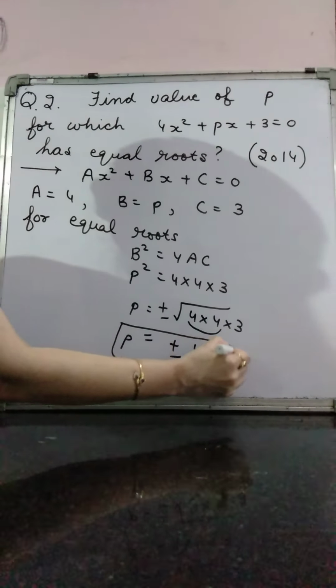On comparing this equation with quadratic equation ax square plus bx plus c is equal to 0, we get the value of a is 9, value of b 3k, and constant 4. Now apply condition for equal roots, that is b square is equal to 4ac. Substitute values. 3 square 9, k square, 4 into 9 into 4, cancel out. Whenever you take square root, apply plus minus. So the value of k is plus minus 4.